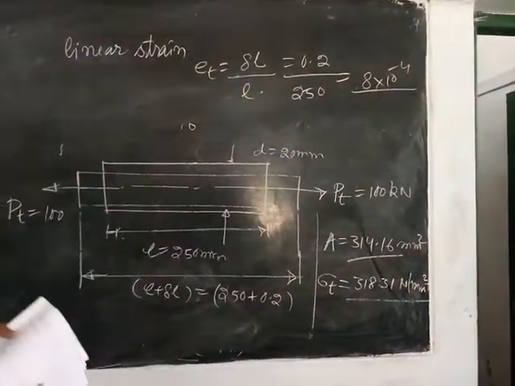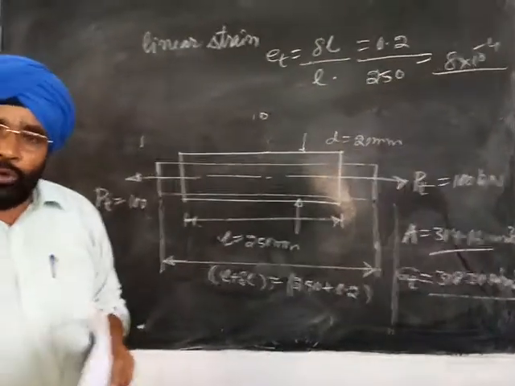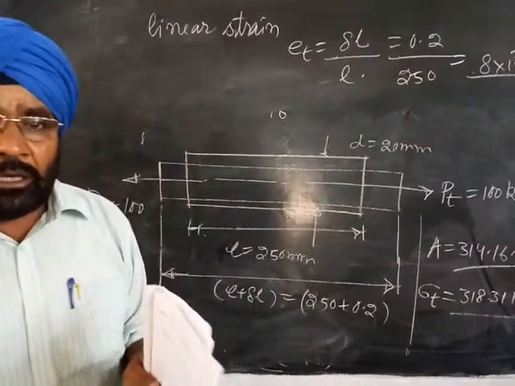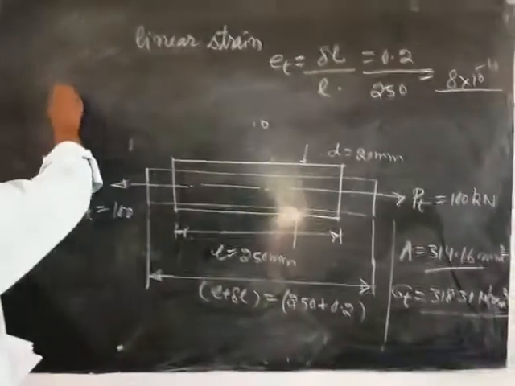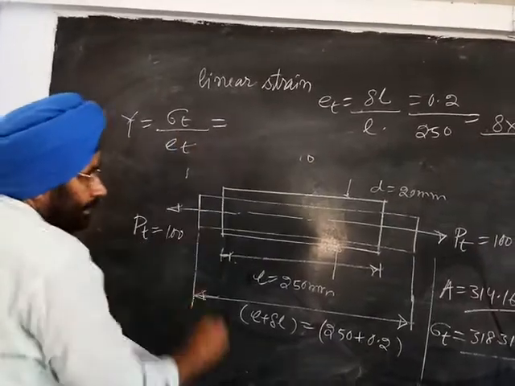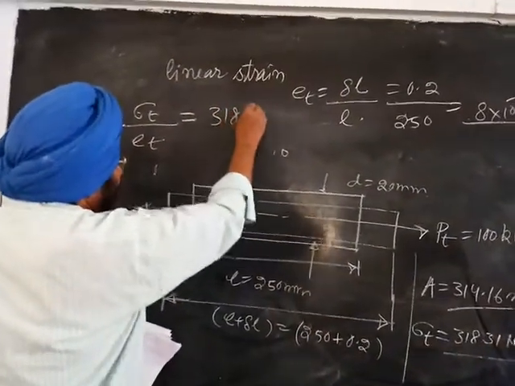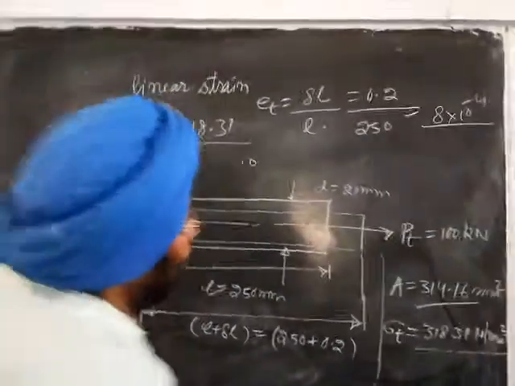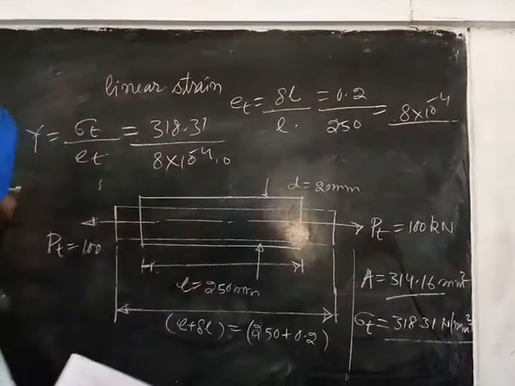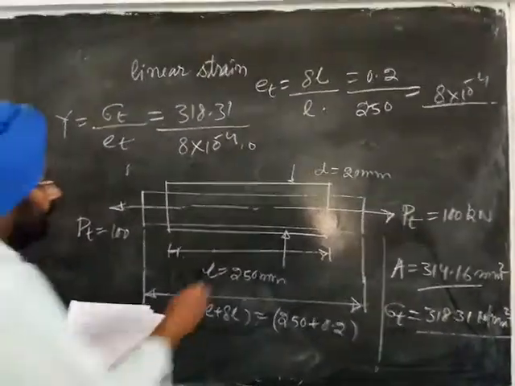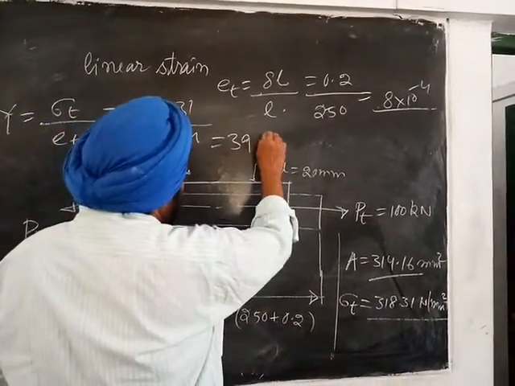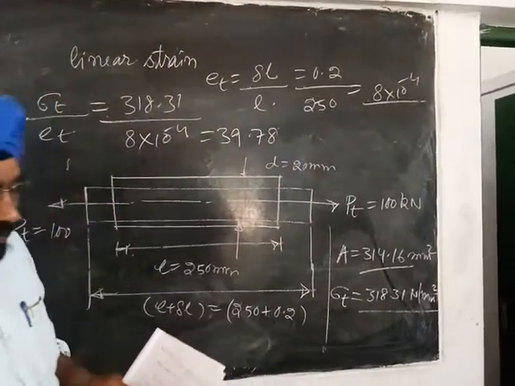So then what is Young's modulus of elasticity? We know the Young's modulus of elasticity is the ratio of tensile stress to tensile strain or compressive stress to compressive strain. So Y, Young's modulus, is sigma t upon Et. Sigma t is the tensile stress, 318.31, and tensile strain is 8 into 10 raised to the power minus 4. So then Young's modulus of elasticity comes out to be 39.78 into 10 raised to the power 4